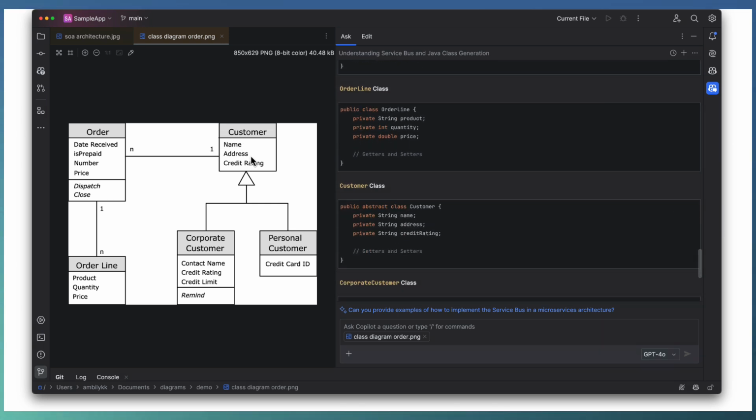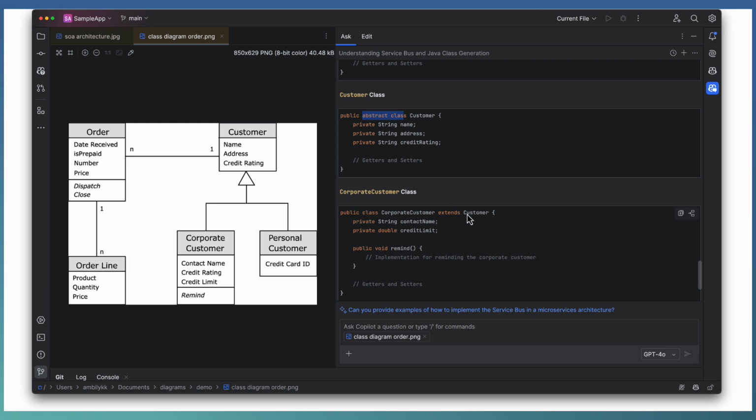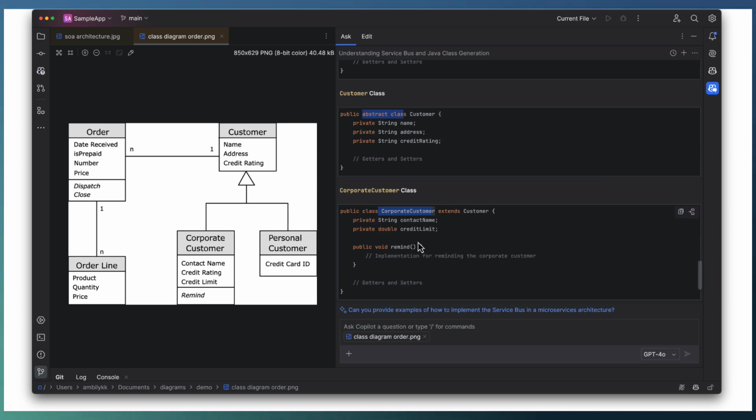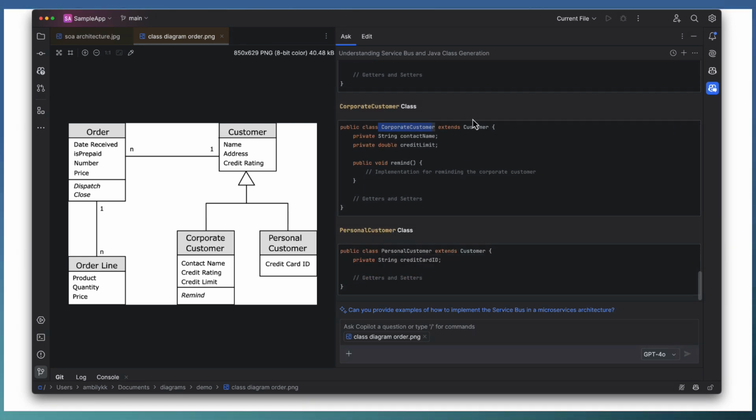Then comes the customer class with very high level information, and this is an abstract class, because this class is going to be implemented in these two. This is an abstract class with minimum information, and that class is extended or implemented as part of corporate customer and personal customer.